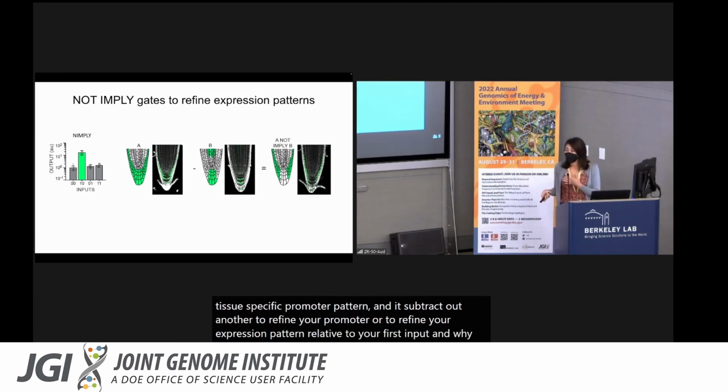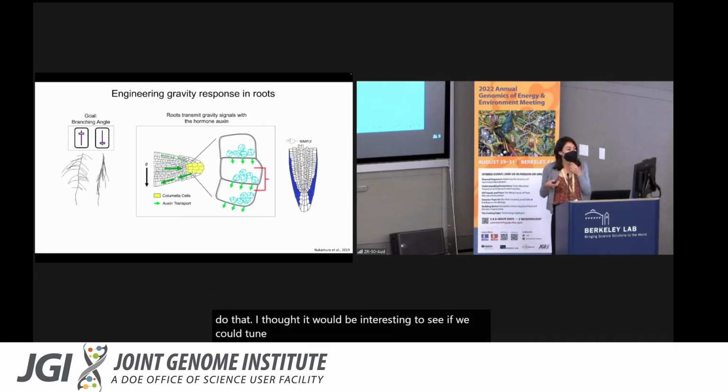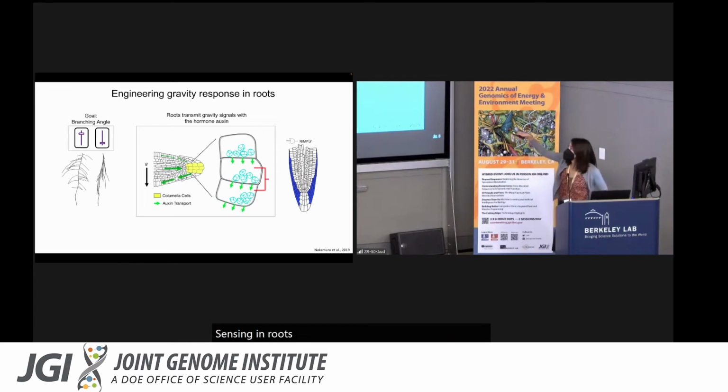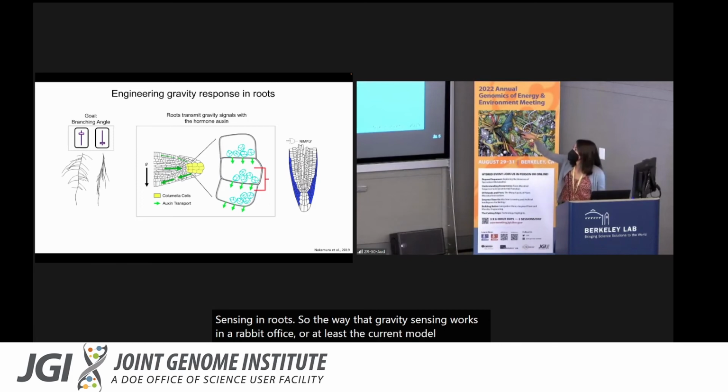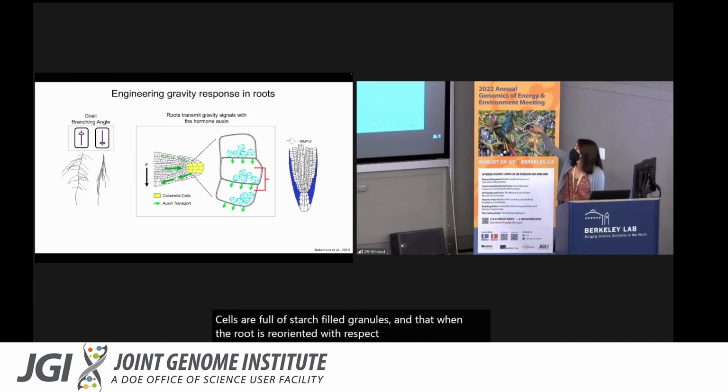Now, why would you want to be able to do that? I thought it would be interesting to see if we could tune gravity sensing in roots. So the way that gravity sensing works in Arabidopsis, or at least the current models, are that columella cells are full of starch-filled granules, and that when the root is reoriented with respect to gravity, these granules fall and they tug on